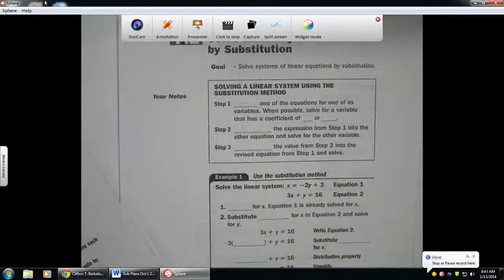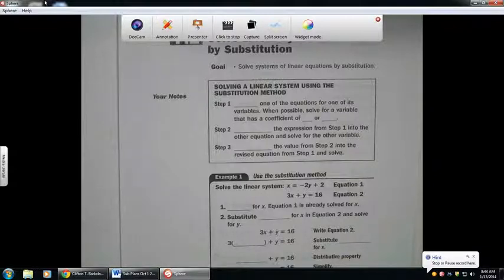The objective for today is to solve linear systems by substitution. Yesterday we solved by graphing. Today we are going to solve using the second method, which is substitution. Using substitution, we solve one of the equations for either x or y and substitute it into the first equation